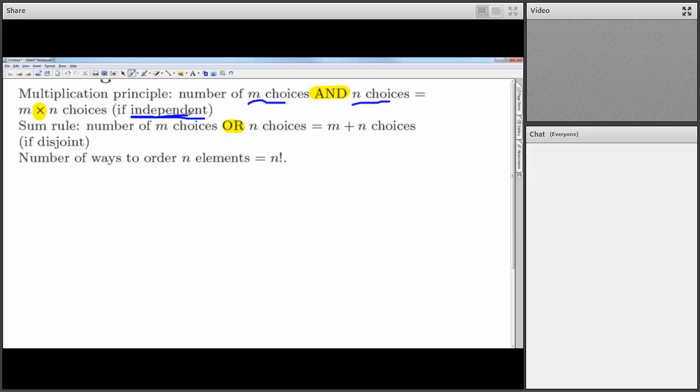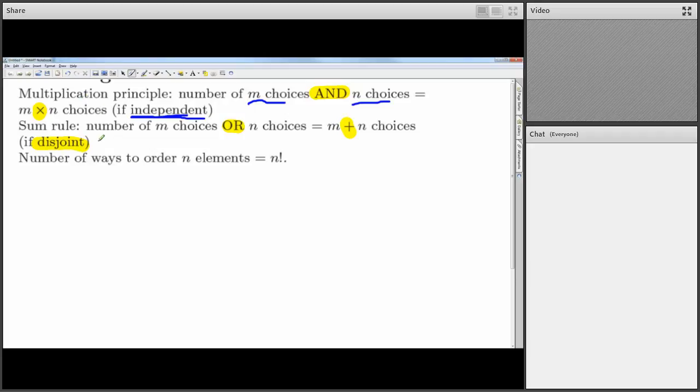That happens very commonly. The other one is the sum rule. Again, if we want to make some choices over here or some other choices over here, then we want to add them up. Again, it's a special case. You can't have anything in common, so no choices can be shared. Essentially that means there's nothing in common. The fancy word we use for that is disjoint. So in terms of sets, it's no intersection, or mutually exclusive. So those are the two main ways of trying to combine everything together.